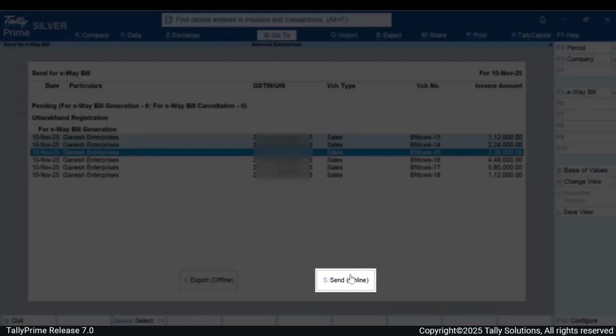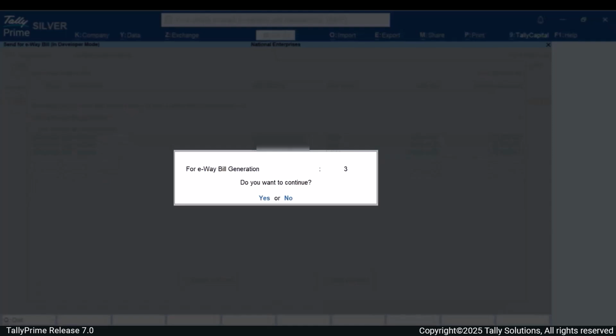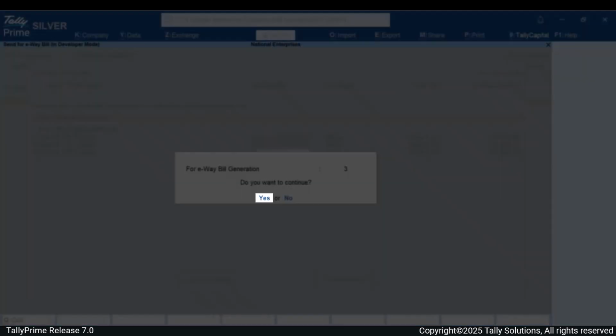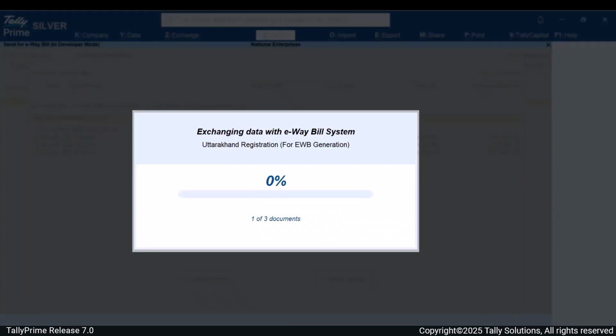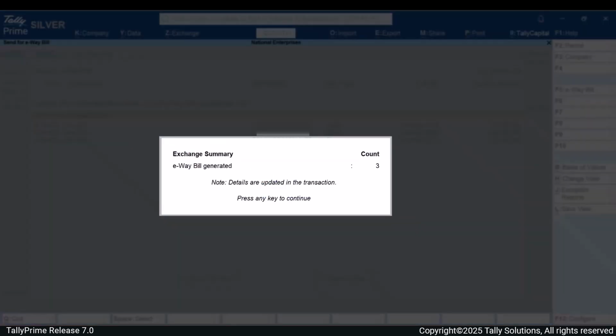Press S to generate e-way bill online. You will get a confirmation screen for e-way bill generation. Press Y to accept. As you can see, TallyPrime is exchanging information with the e-way bill system. When the exchange of information completes, a confirmation message appears.